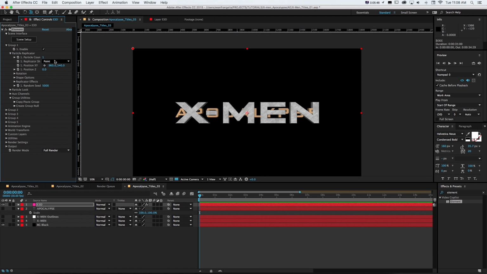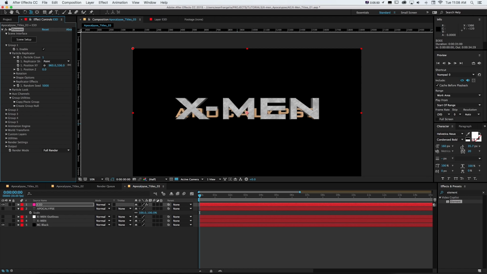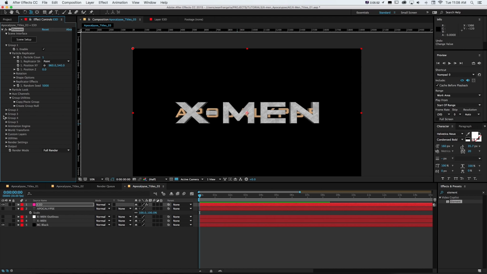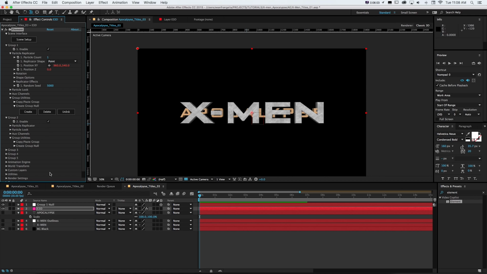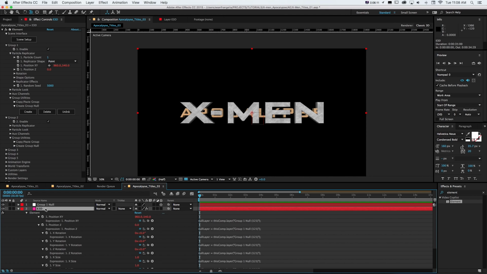So if I go to particle replicator and move this left or right or up or down, it's going to move. Same thing for group 2. And to make this a little easier for each of these groups, what I can do is go to create group null and click create, and that's going to create a null and link the position, scale, rotation of group 1 to that. So if I double press E, you can see it's written all these expressions, and that way